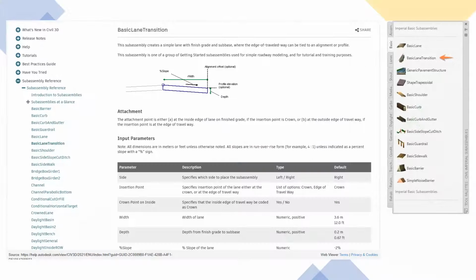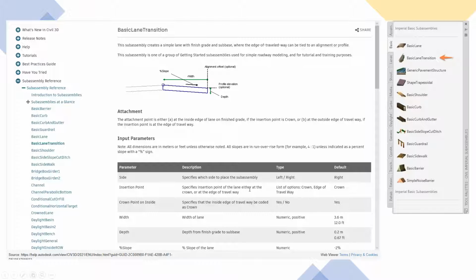So feel free to ask any questions as we go along, like Rebecca mentioned, and I'll try to answer to the best of my abilities. A little bit of a reminder or a refresher on how subassemblies work in Civil 3D. So we have stock subassemblies. You're all familiar with the tool palette to create your assembly. Using these stock subassemblies that are available for us, there is basic ones, there is advanced ones, and